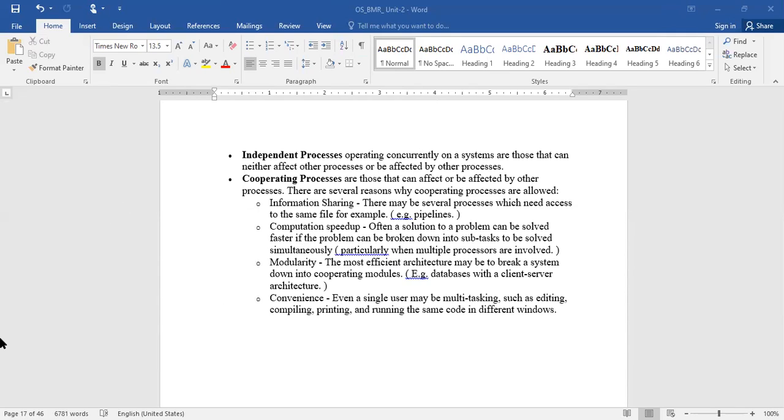They are executed on their own, right? They don't want to interrupt or affect any other process, but some other process may affect this particular process, maybe not in all cases. Such processes are called independent processes. The other type is the cooperating process. Cooperating processes are those that can affect or be affected by others.